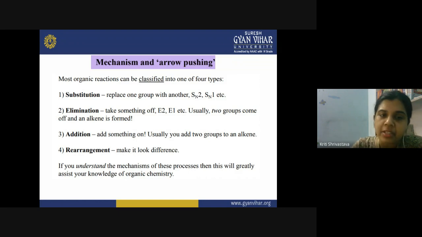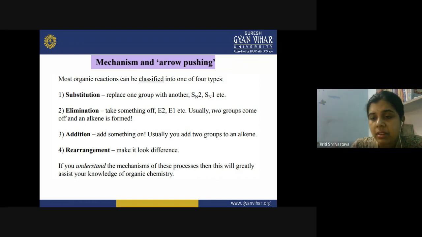But addition reactions are very special reactions of those compounds which contain double and triple bonds. Now that double and triple bond can be between two carbon atoms, between a carbon and some heteroatom, or between two heteroatoms. So the addition reactions can take place only on doubly or triply bonded organic molecules, only the double and triple bonds. They have actually free valency on which they can add some other molecule. So they are characteristic of the unsaturated compounds.